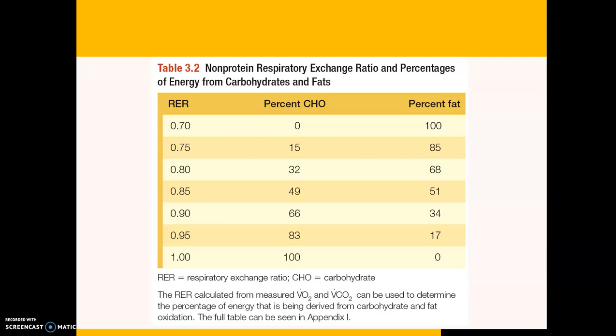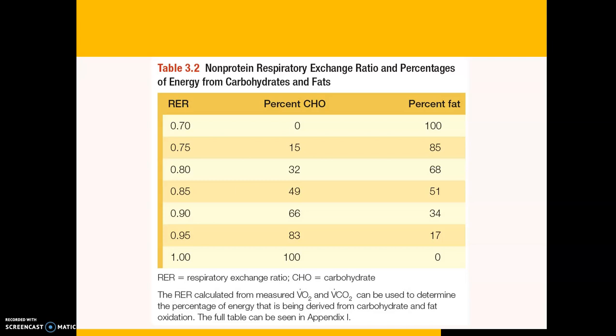The percentage that may come from each fuel source can depend on a variety of conditions such as previous diet, exercise intensity, and also exercise duration. A metabolic measurement system can be used to determine oxygen consumption, carbon dioxide production, and also RER. A table can then be used to determine the relative contribution of each fuel source to energy expenditure.